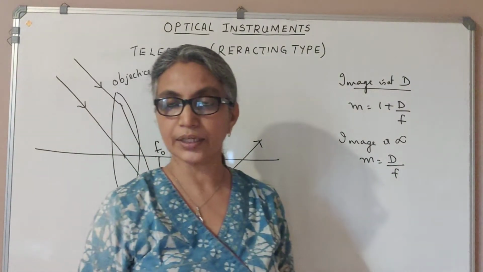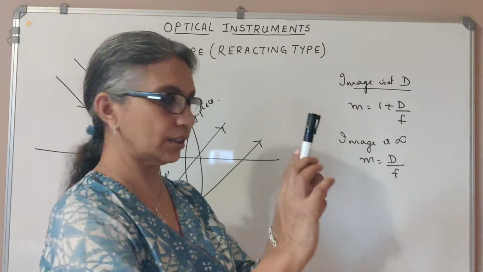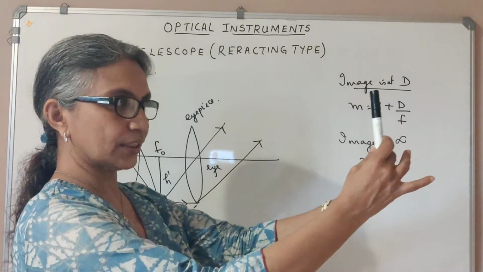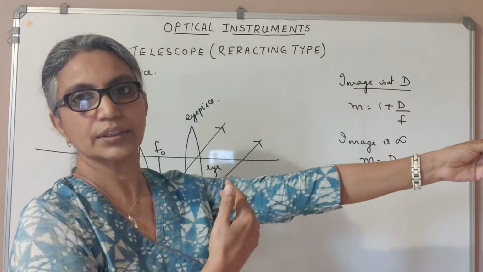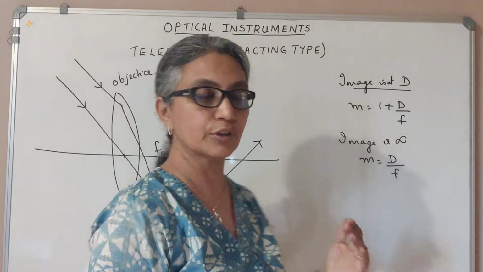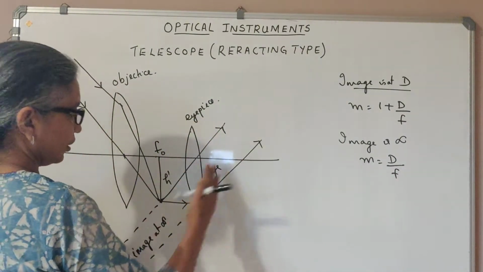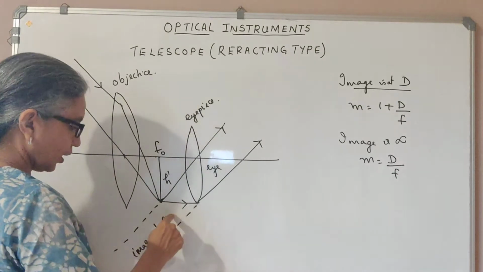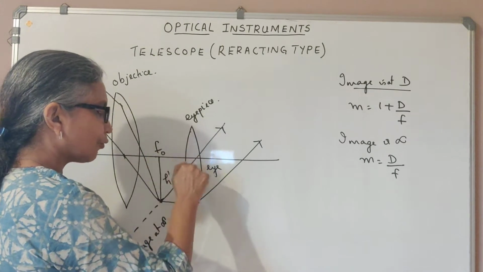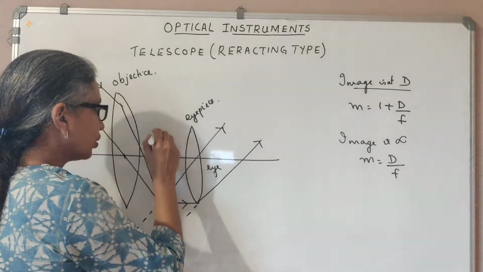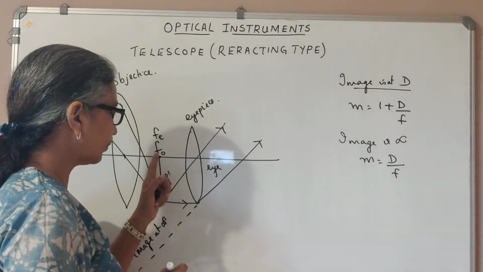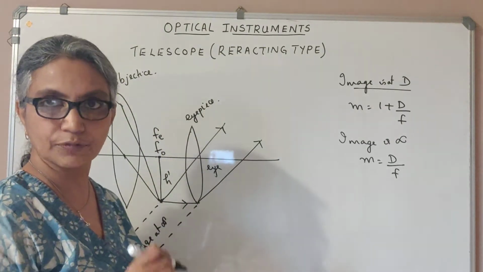I told you when we did the microscope, the image can be seen clearly by your eye. Your eye is here. The image can be seen clearly by the eye if it is at the least distance of distinct vision, or you can take the other position, infinity. Now in the microscope we took the final image at D. For the telescope I am showing you how you can get this final image at infinity. If you want the final image to be at infinity, the object of the eyepiece must be at its focus. So this point here will be the focus of the eyepiece also. So the focus of the eyepiece and the focus of the objective coincide.